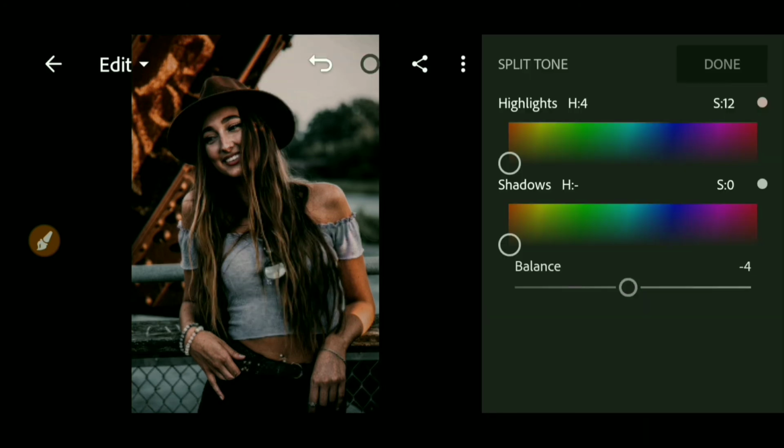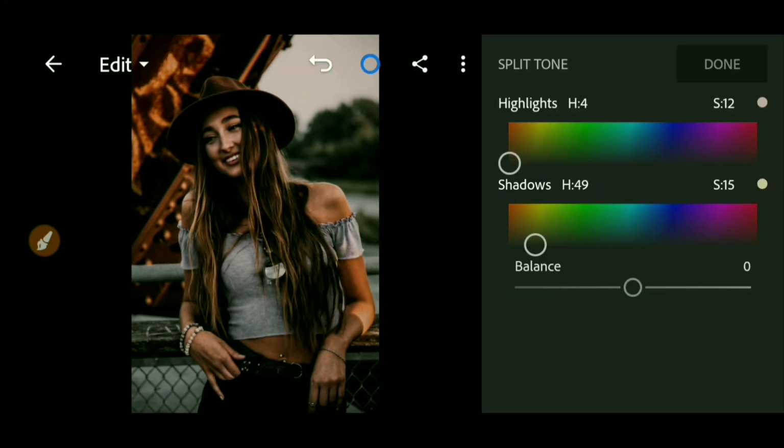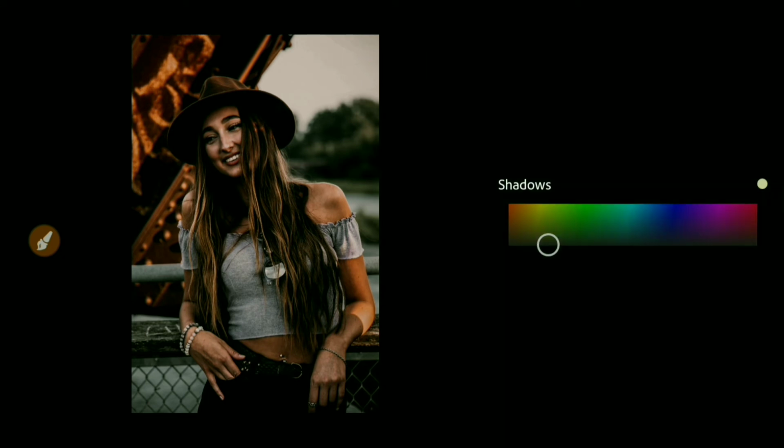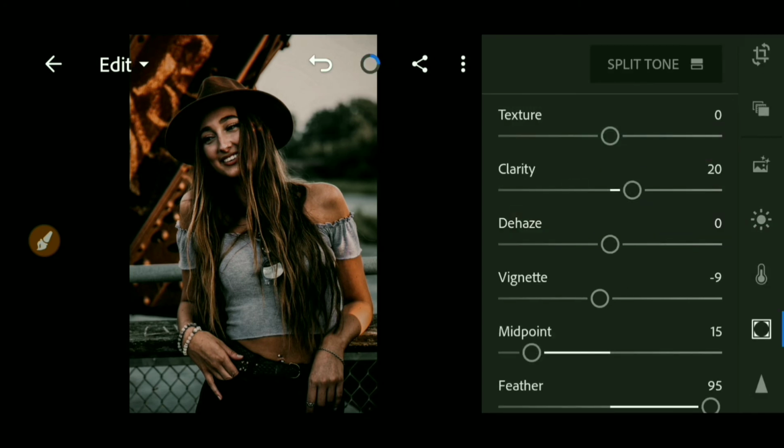Now the balance, guys: 50 and 10. I have done it. Okay, then press the done option